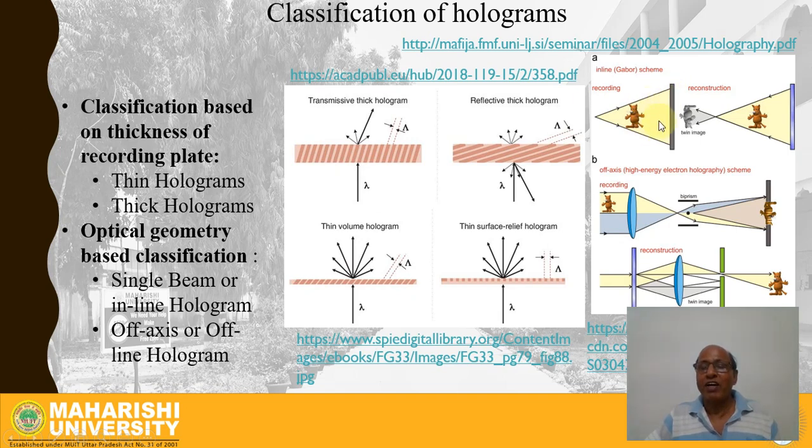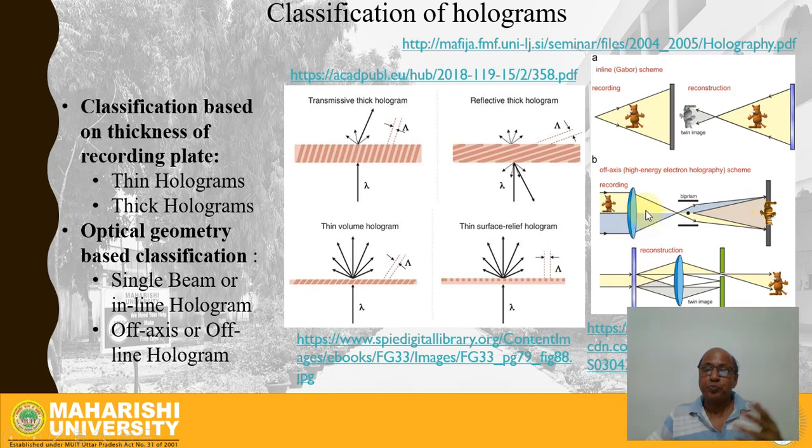So the advantage of such an inline hologram is that you make a very crisp, small, compact hologram. So this is one type of hologram. Another type of hologram is the off-axis hologram. In the off-axis hologram, the object wave is coming from one direction, whereas the reference wave is coming from another direction. And so these are off axis and they both interfere among themselves to form the image on the screen.